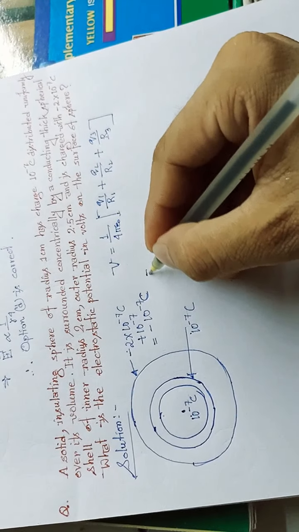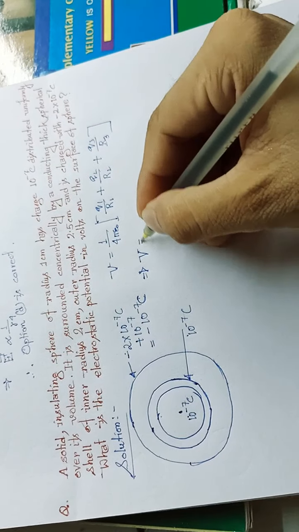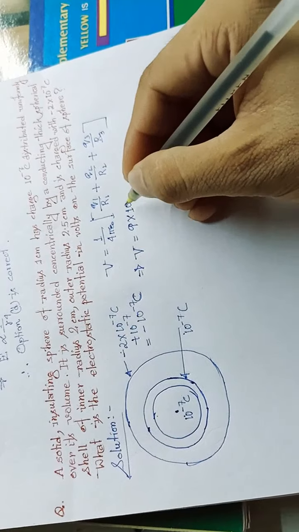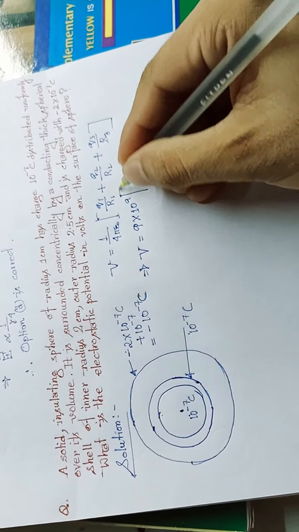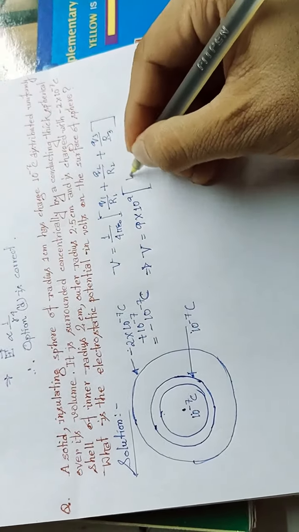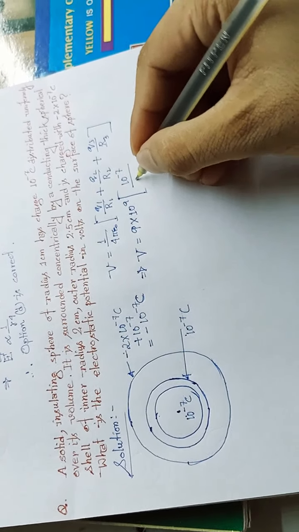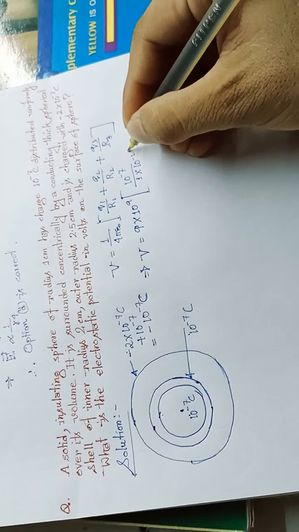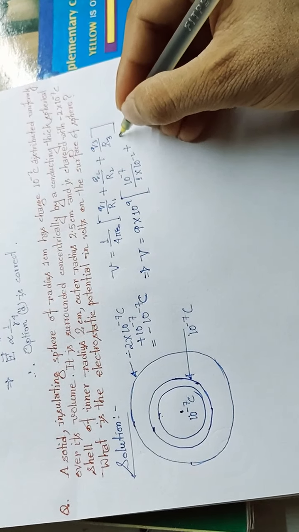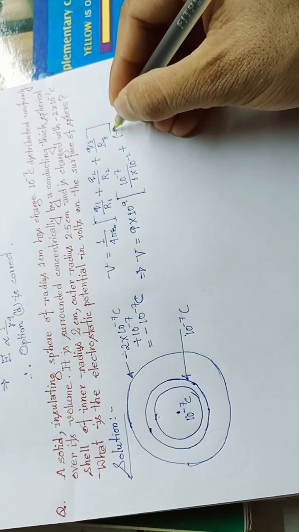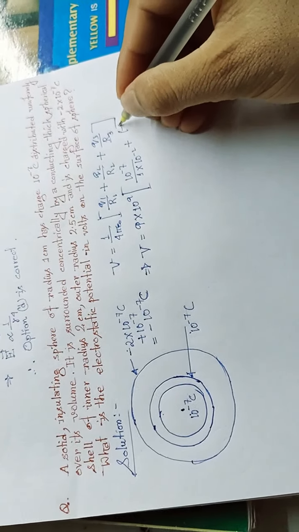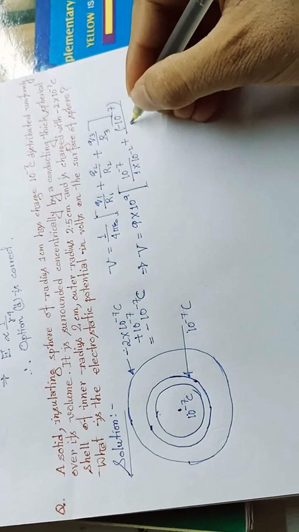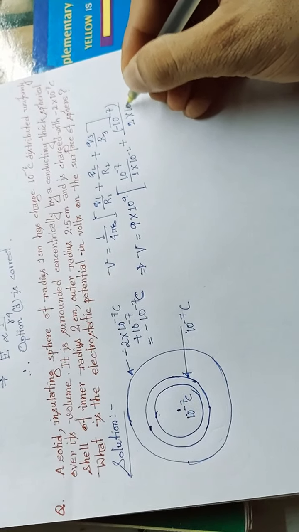So the value of 1 by 4 pi epsilon naught is 9 into 10 to the power 9, and the value of Q1 is 10 to the power minus 7 and its radius is 1 into 10 to the power minus 2. Again the value of Q2 is minus 10 to the power minus 7, and its distance is 2 into 10 to the power minus 2,